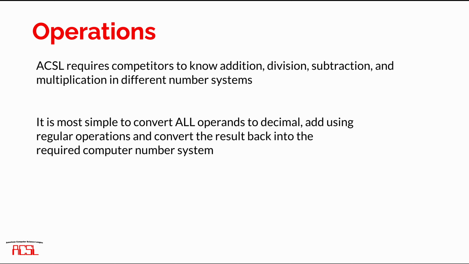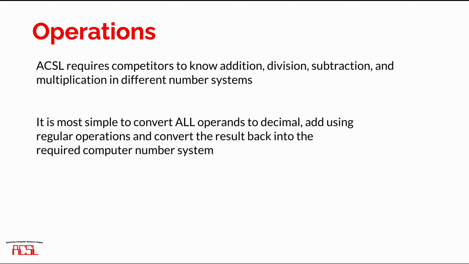Next, ACSL requires competitors to know the operations between different number systems. So take, for instance, addition, division, subtraction, and multiplication. The simplest way to go about these problems is to convert all the different operands into decimal. You can add, subtract, multiply, or divide using regular operations, and then you can convert your result back into the